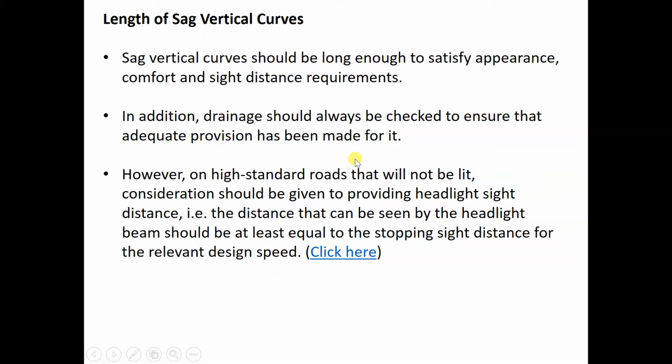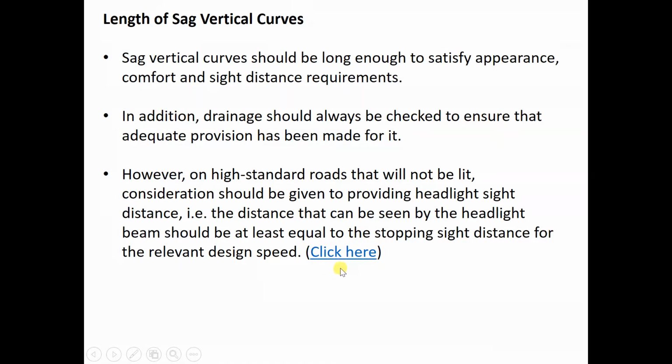Okay, we'll do the same thing for the sag curve as well. The sag vertical curve should be long enough to satisfy appearance, comfort, and sight distance requirements. In addition, drainage should always be checked to ensure that adequate provision has been made for it. However, on high standard roads that will not be lit, consideration should be given to providing headlight sight distance, i.e. the distance that can be seen by the headlight beam should be at least equal to the stopping sight distance